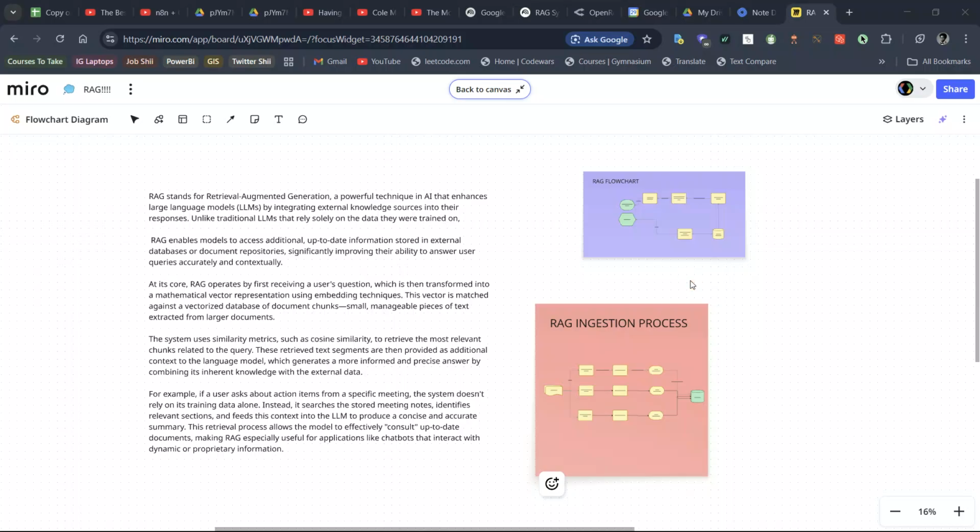So what is RAG? RAG stands for Retrieval Augmented Generation, a powerful technique in AI that enhances large language models such as ChatGPT, Claude, Gemini by integrating external knowledge sources into their responses. Unlike traditional LLMs that rely solely on the data they were trained on, RAG enables models to access additional up-to-date information stored in external databases or document repositories, which significantly improves their ability to answer user queries accurately and